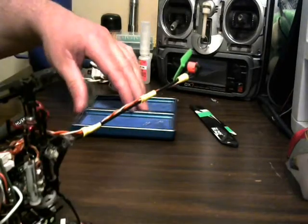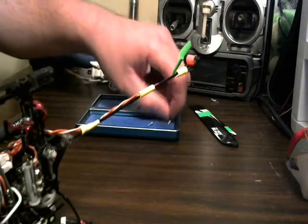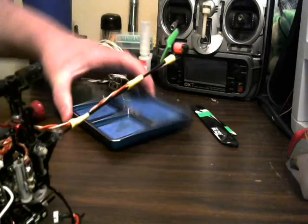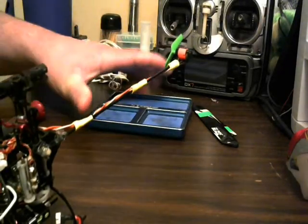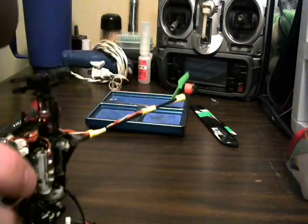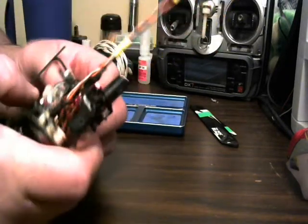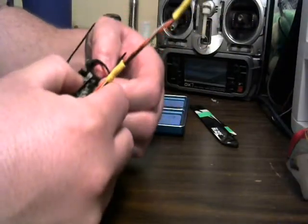As you see, the blue thing here is a magnetic tray. This is from Extreme Productions. Very nice heavy duty tray. It's just very nice to work with. You can go ahead and remove your landing gear,